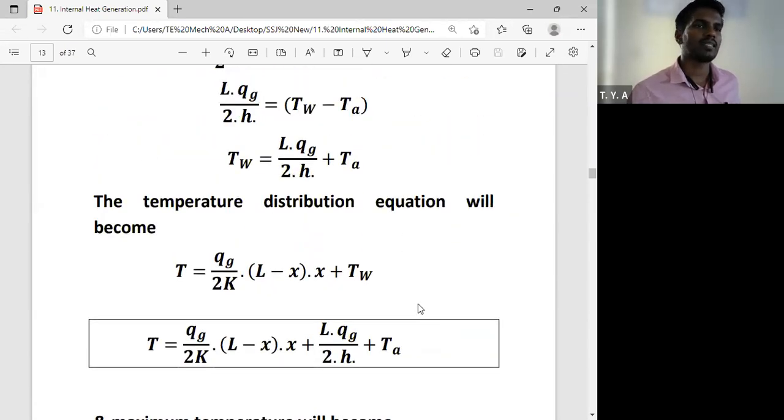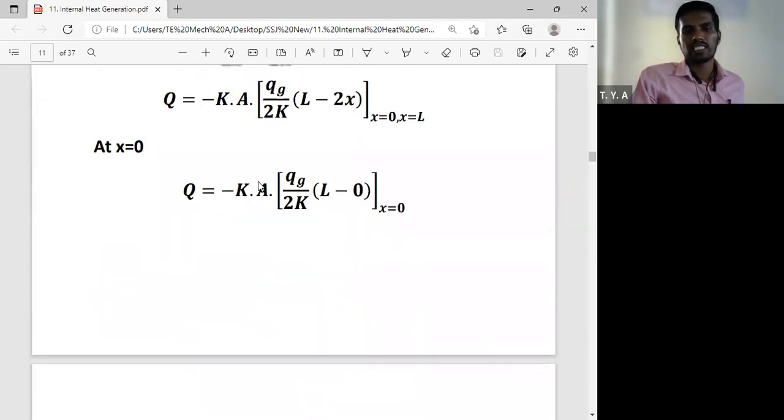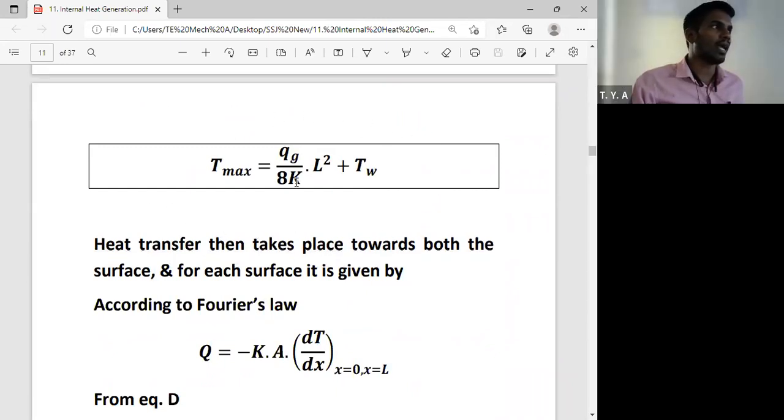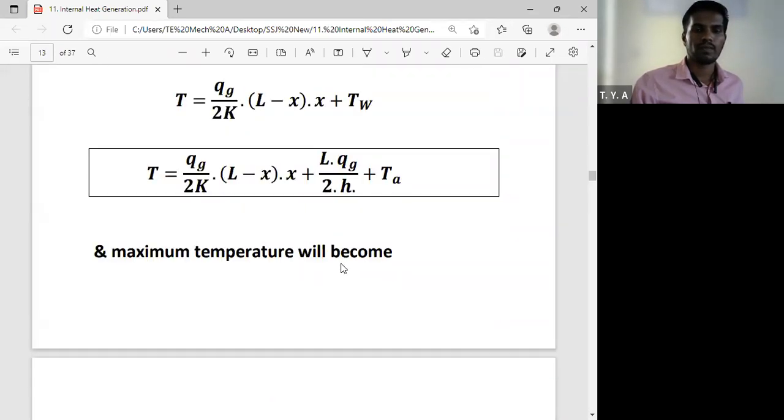And maximum temperature काय ना सांगा? What is the value of maximum temperature? What is the equation of maximum temperature? Maximum temperature equation बघा. So this is the maximum temperature equation. So in this equation we have to put the value of TW. याच्यामध्ये TW ची value put करा. हे झाले का बघा equation? All of you written up to this point? Anyone? Okay. So now we have to write down the equation for the maximum temperature.